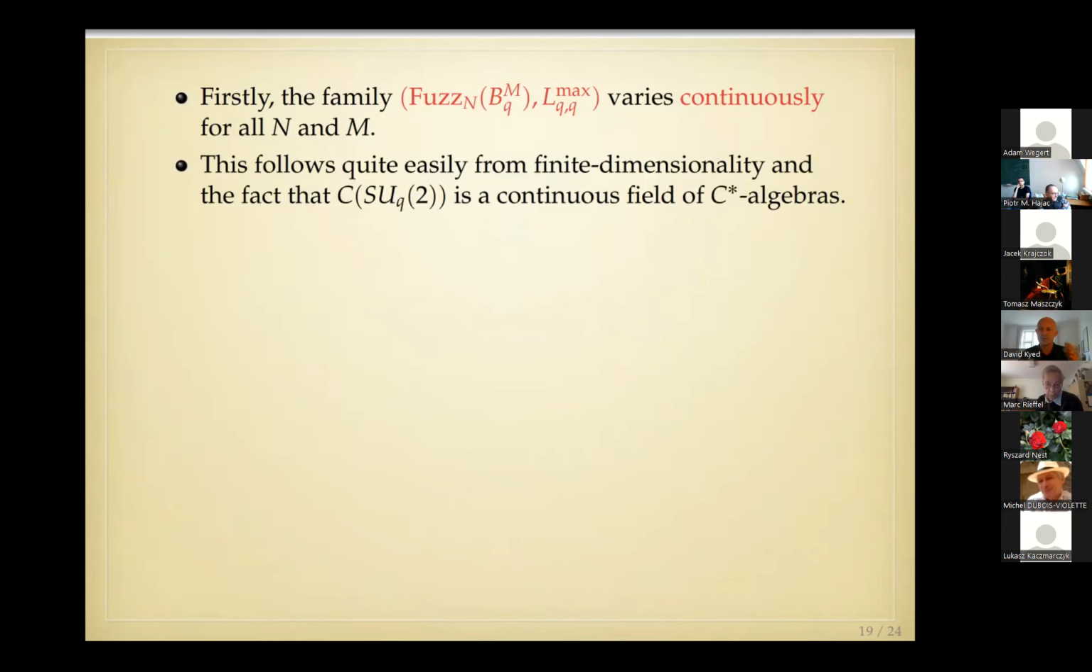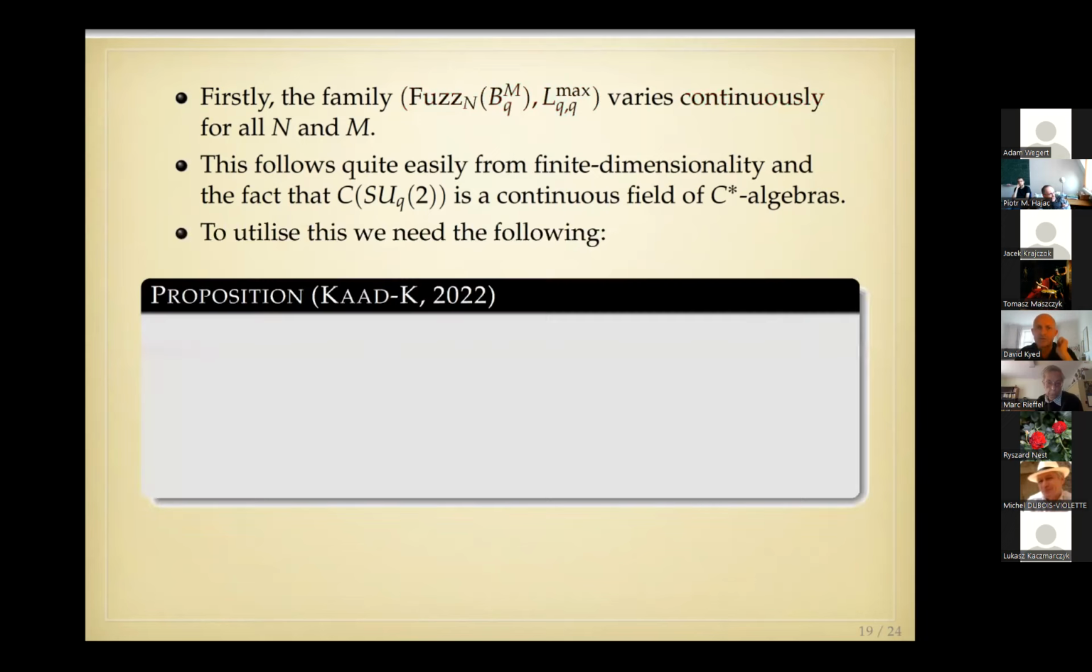So if you have a fixed n and m, you can move your q just a little bit, and the corresponding fuzzy spectral bands will not move too much. So now I need to somehow approximate quantum SU2 with the fuzzy spectral bands. And in order to do that, I need another little piece of technology, namely the following proposition,